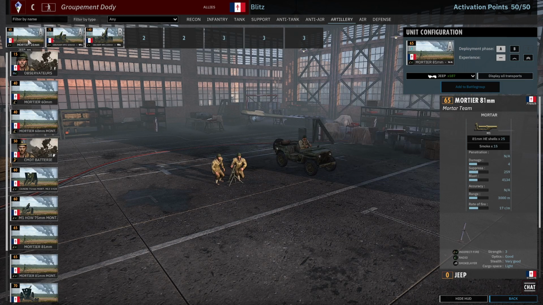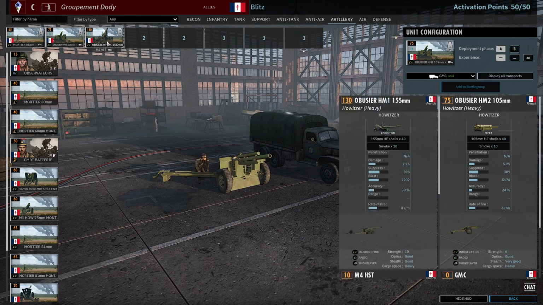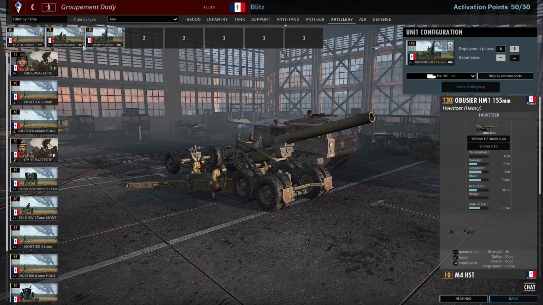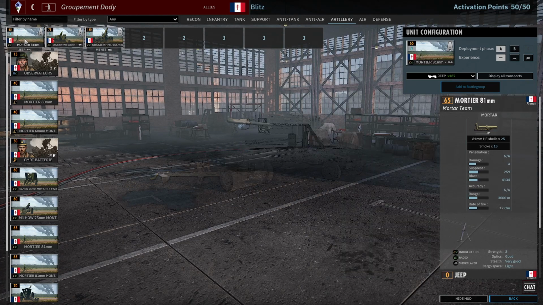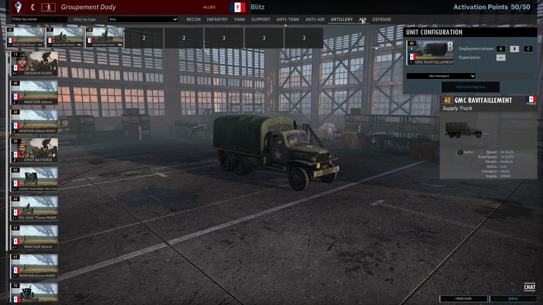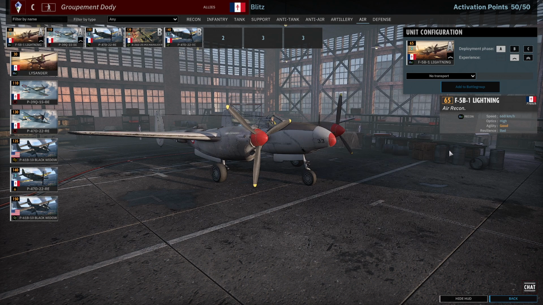Artillery, he goes for the radio mortars, 81mm. Obusiers already in A phase, and then 155mm Obusiers in B phase. And all of them don't come with a support track, but there's support tracks here in the tab. There's also a good Air Force, Recon plane, really fast,